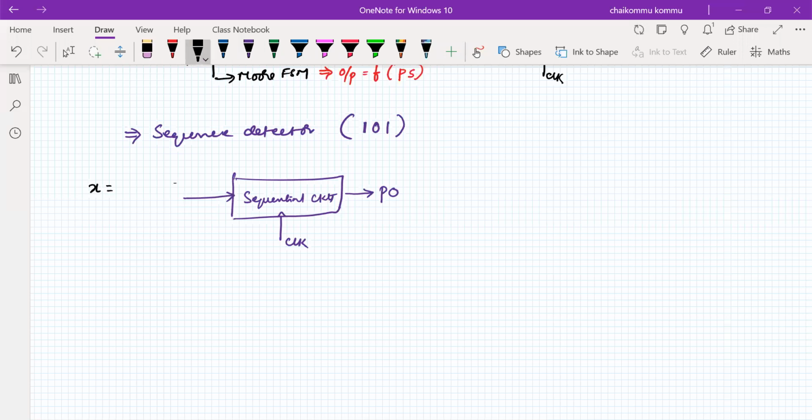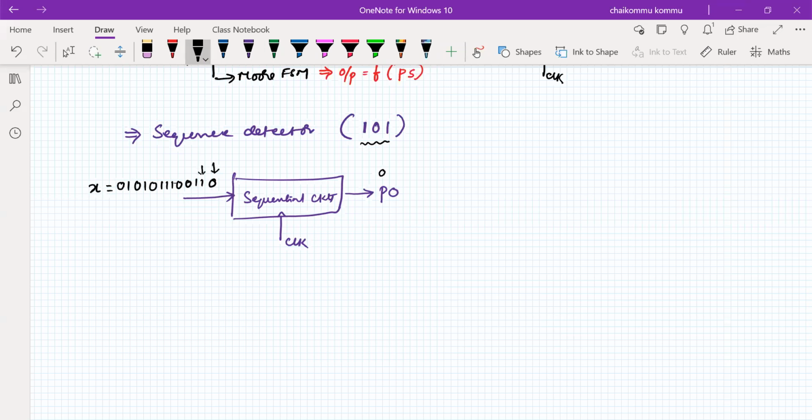X can be a sequence of ones and zeros, something like 1 1 0 1 1, coming in. The output is produced whenever I detect 101 consecutively. For example, first 0 has come; the 3 bits have not completed, therefore the output is 0.